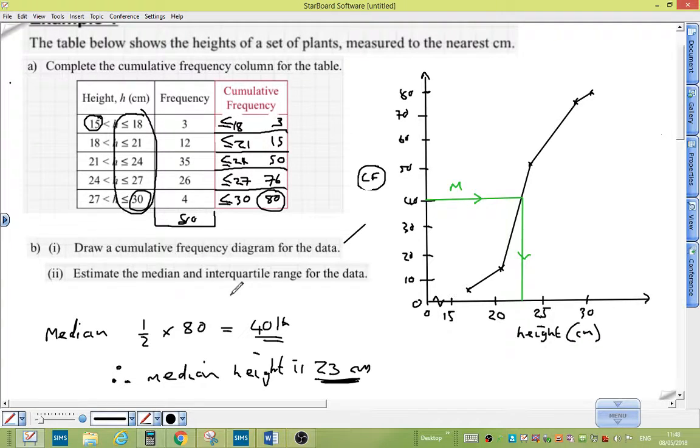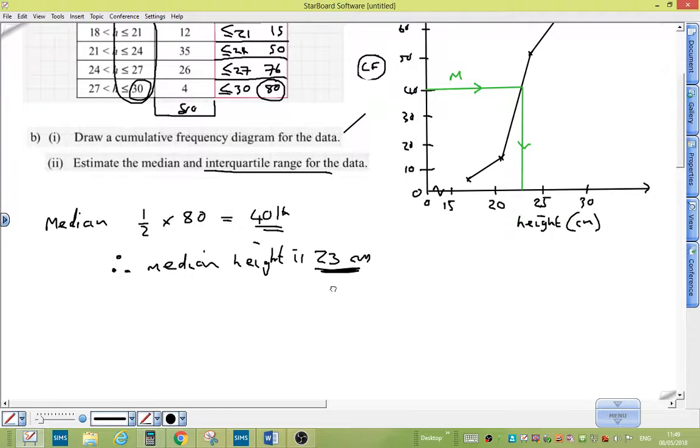And then finally it says work out an estimate for the interquartile range. Now to find the interquartile range, you've got to find out the lower quartile and the upper quartile. You've got to remove the bottom and remove the top, and you're left with the middle bit, the interquartile range. Okay, so first of all, IQR, this is part 2, that was part 1, and we're going to first of all find the lower quartile,